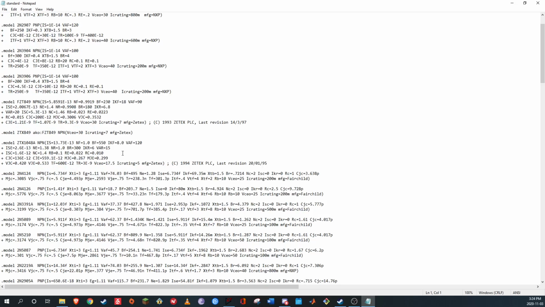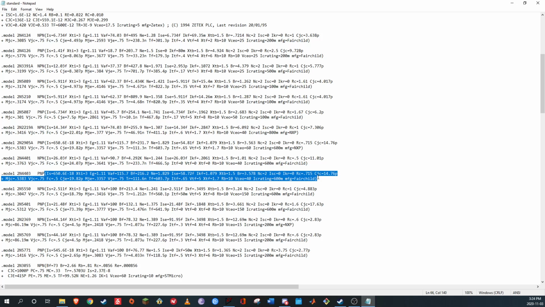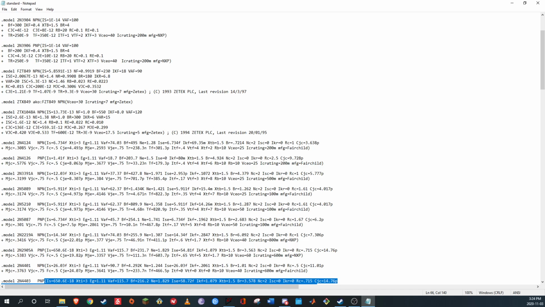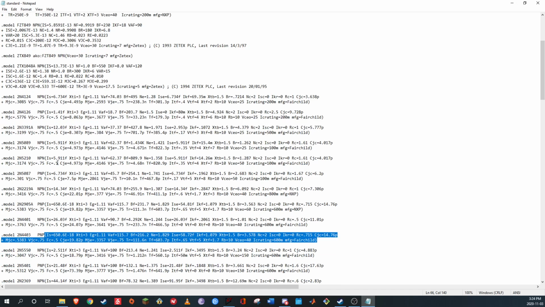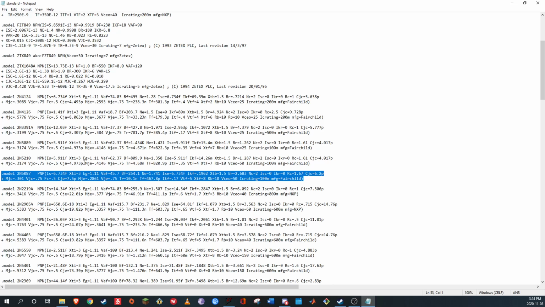and these are all of your, so this is like a, you can see that this model 2N44, this is a PNP transistor. And then these are all of your transistor characteristics. So if you were to go on like DigiKey or something like that, you could actually look all these characteristics up and just make a new transistor model if you wanted to. So I remember when I was replacing these, all I did was I copied one of them,